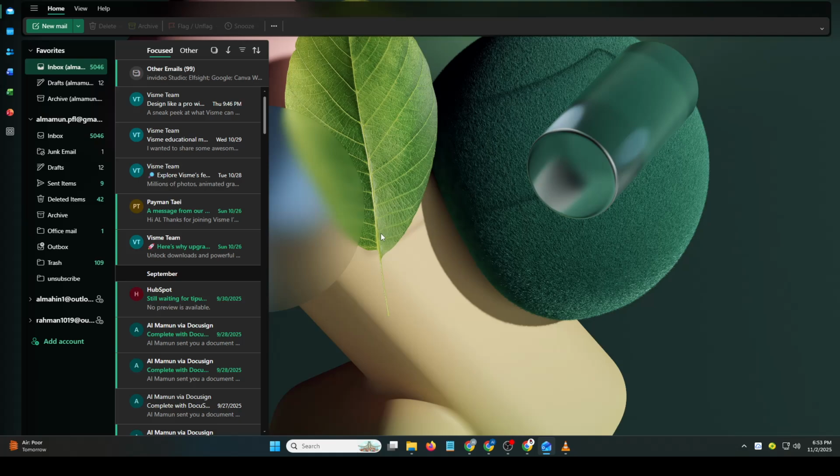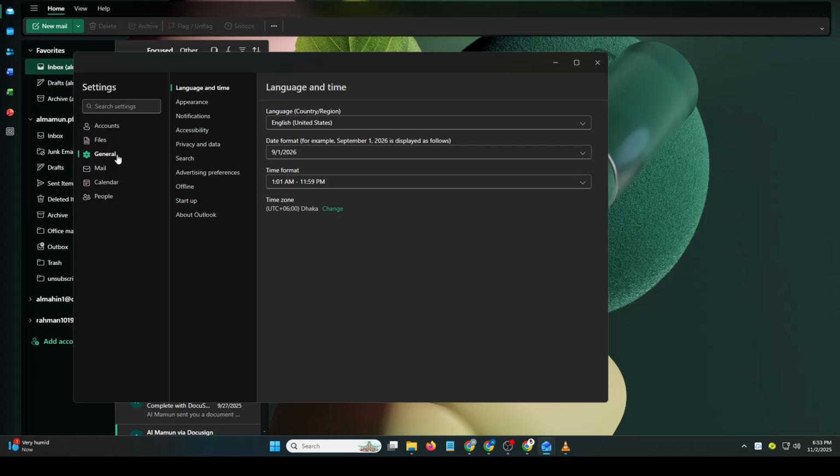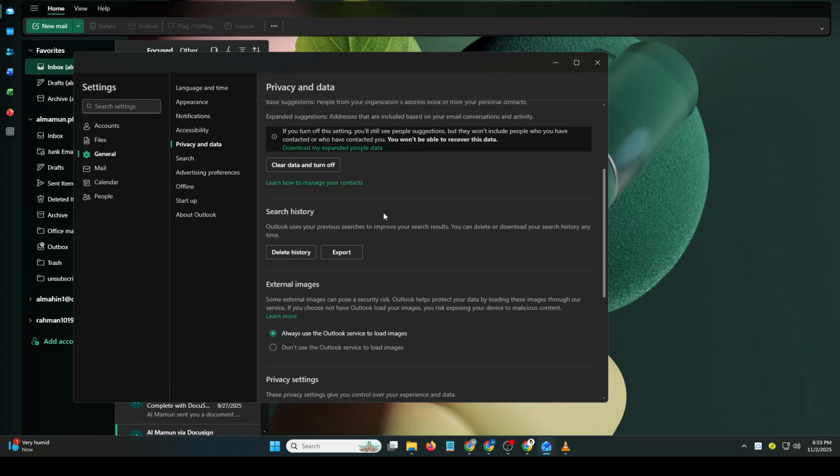Now, to begin cleaning this up, click the settings icon, the little gear icon at the top right corner of your screen. This will open a sidebar filled with customization options. Scroll down and click on View All Outlook Settings at the bottom. Inside Settings, go to General > Privacy and Data. Here, make sure your personalized ads and marketing preferences are turned off. This will significantly reduce targeted ads from appearing across Microsoft